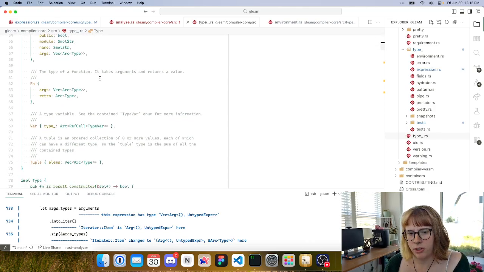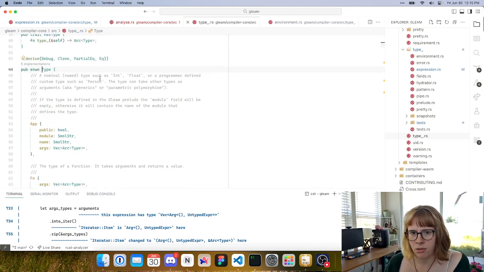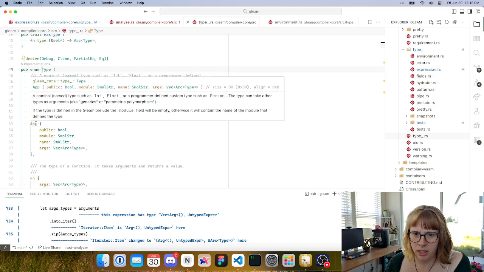The type of a function. I don't know why this is called app, but